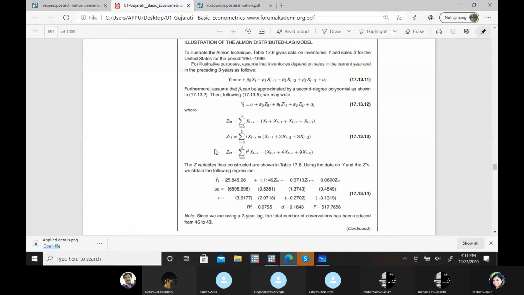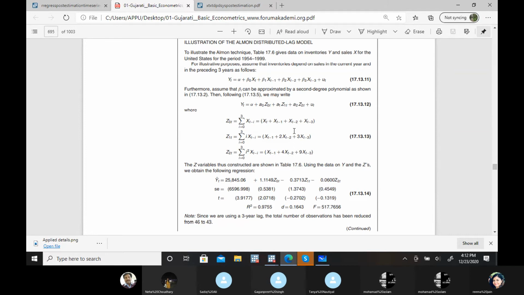If the lag length is 3, then Z0 is xt plus xt minus 1 plus xt minus 2 and xt minus 3. So this is the value of A0. Then Z1. Okay, just see these three equations.